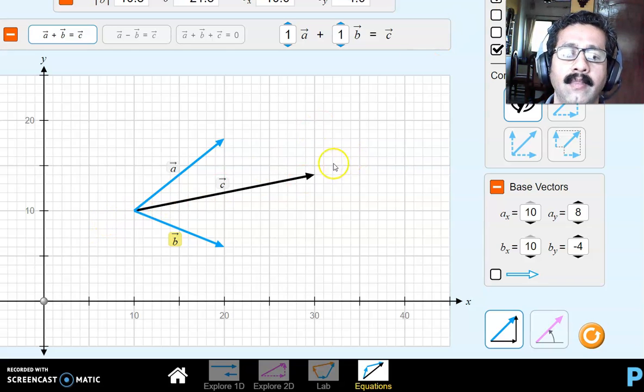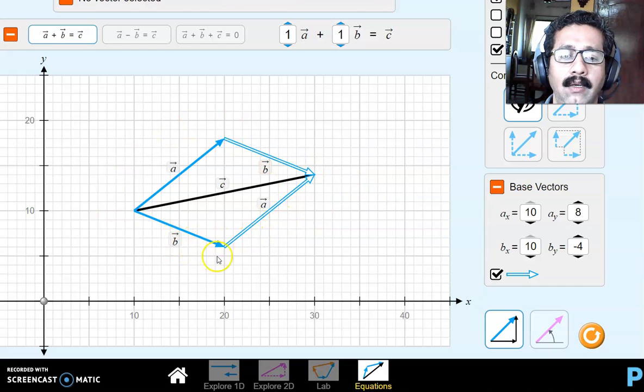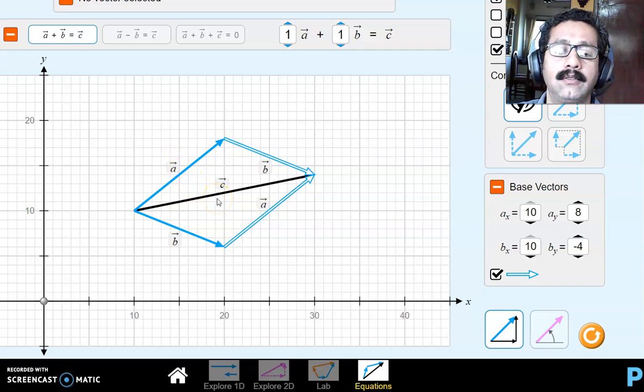It's given by C. Now after forming the parallelogram, I can just see here that vector A, I'll just bring it here. I complete this parallelogram, and by completing the parallelogram, I once again find that whatever sum we have obtained by using the simulation is also matching as per the parallelogram law statement. Moreover, what I find here is